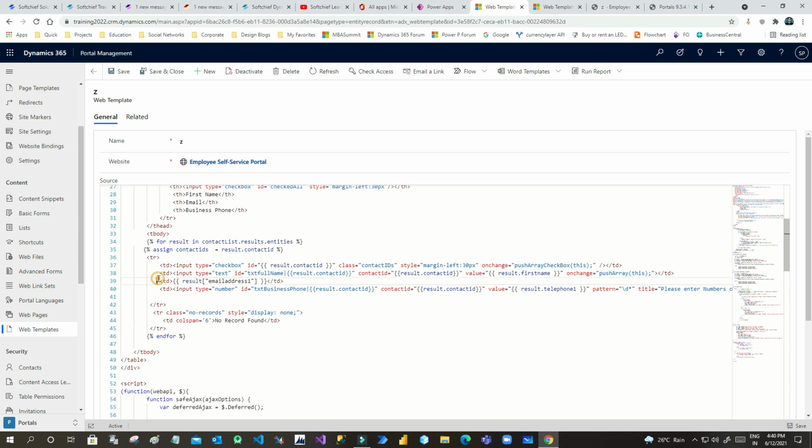Here I am displaying only the email address, which is not editable. That's why I have not taken any control here. And next in this column I am displaying the phone number, and the ID is txt business phone slash result.contact ID. This is the dynamic contact ID which is retrieved. For the value I am assigning the telephone number that is passed. So this row will be built like this.